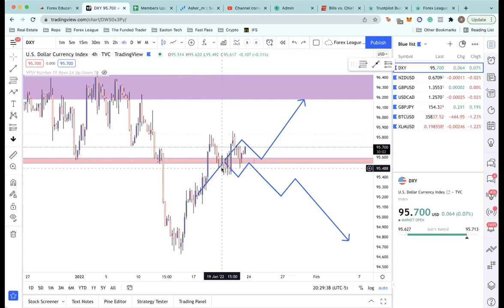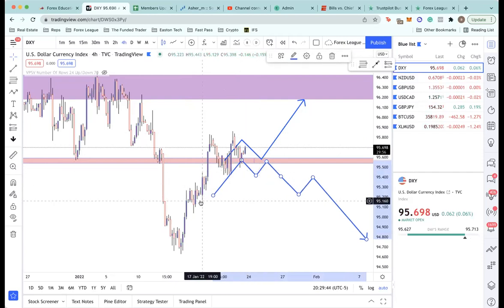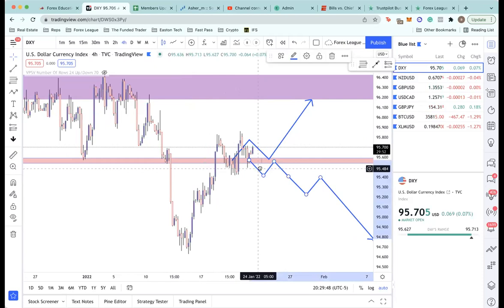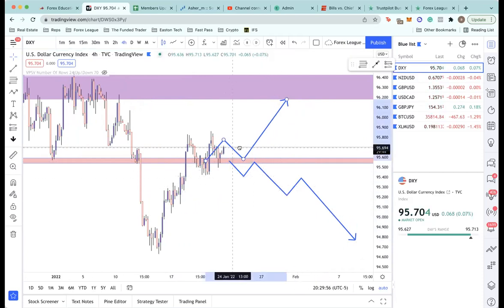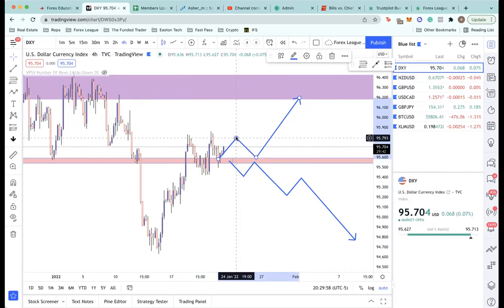We retested it, had a lot of rejection. So it looks as though we're going to head to the upside, and it's kind of a lot of the same thing. If price ends up making a move back below this 95,500 level, then we're going to have a very bearish dollar. If price continues to float above this level and starts to make subsequent higher highs and higher lows,